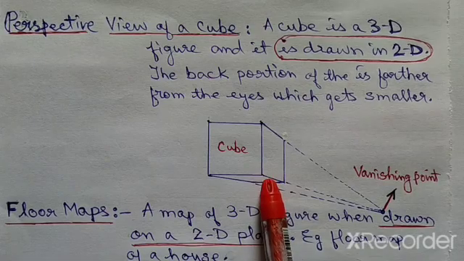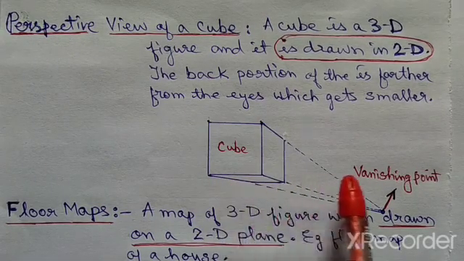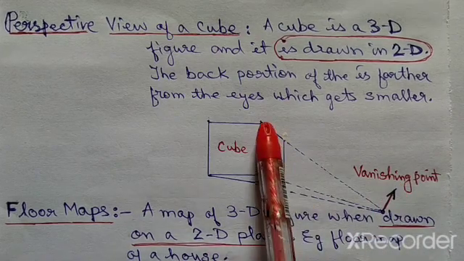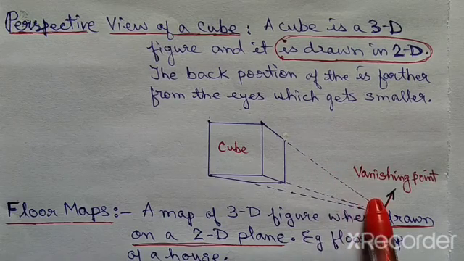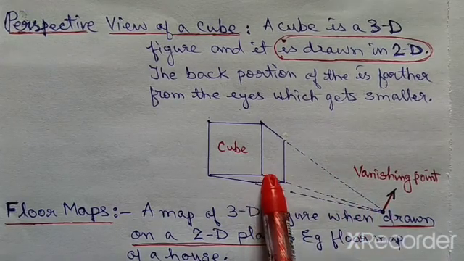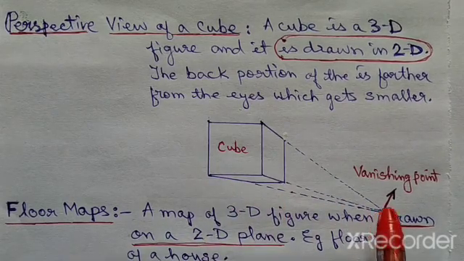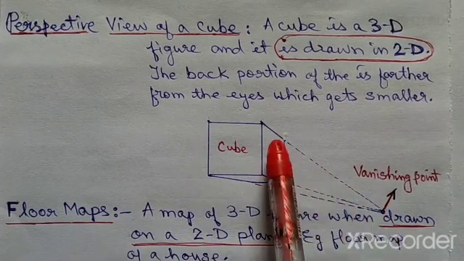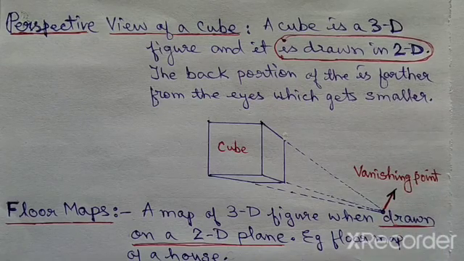So in this case, if you see the diagram is like this, children, you will naturally find a vanishing point also. Now extend this side to the back side. Okay, this side also to the back side, and this side also to the back side. You will see at some point all these lines will meet, and that point is called the vanishing point. So children, in this way we can find out the vanishing point.